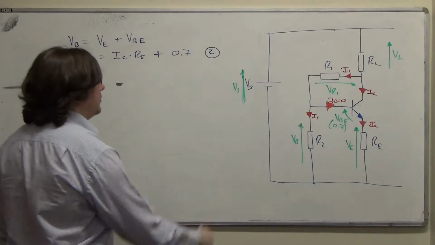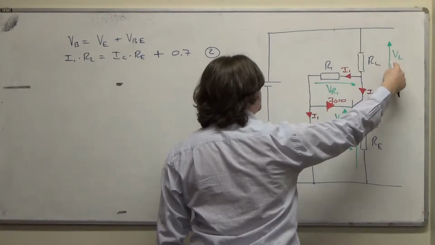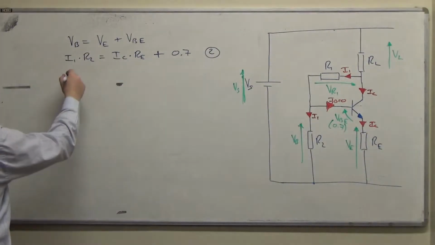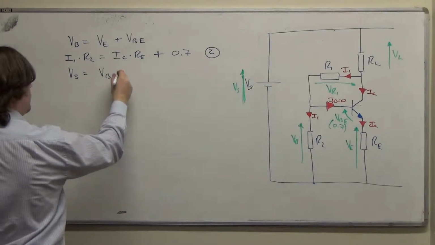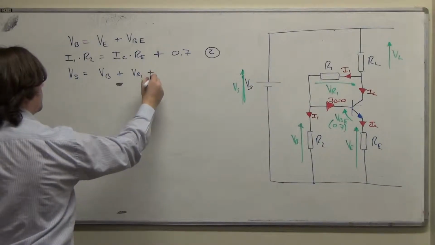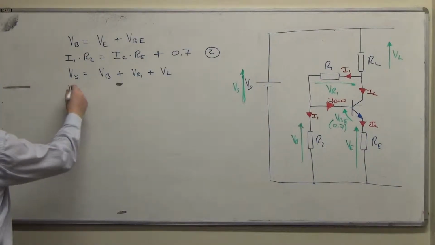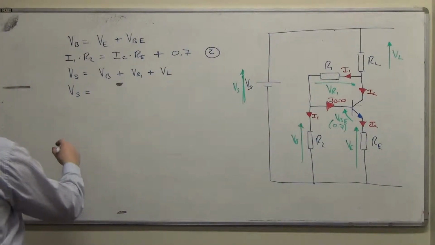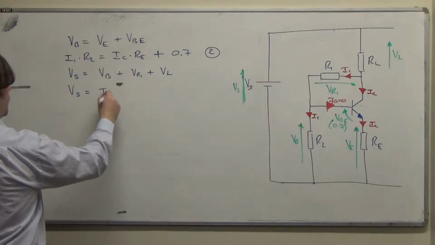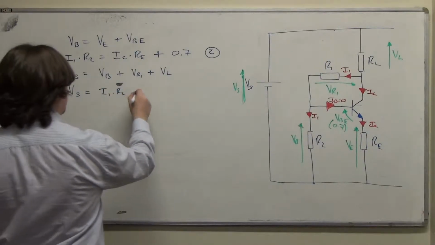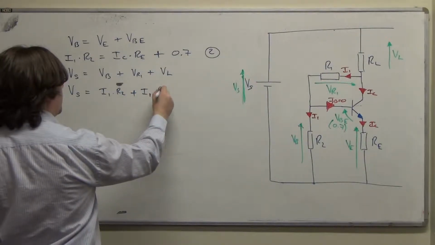And the other loop we can write out is that VS is equal to VB plus VR1 plus VL. And we can do the same sort of thing as we did before. We can say that VS, which is the voltage source, we can't write that in terms of a current and resistance, but we can certainly do it for VB, and that will be I1 times R2 plus I1 times R1 plus,